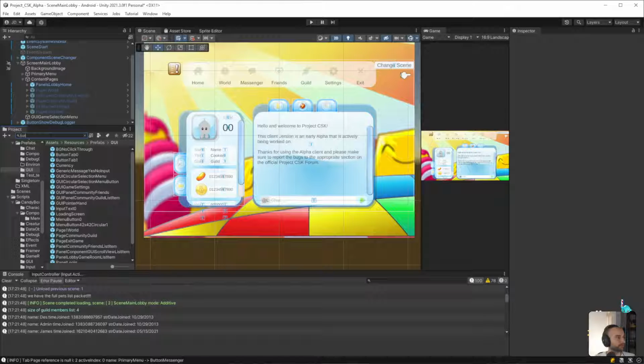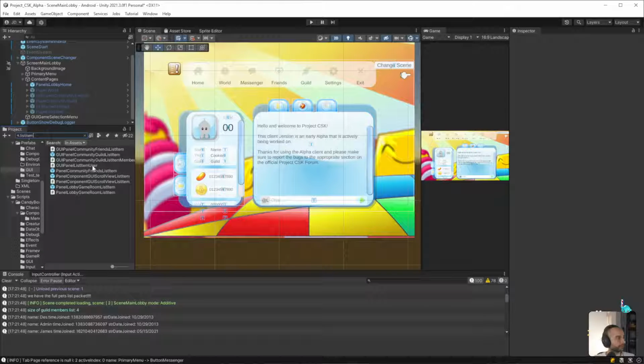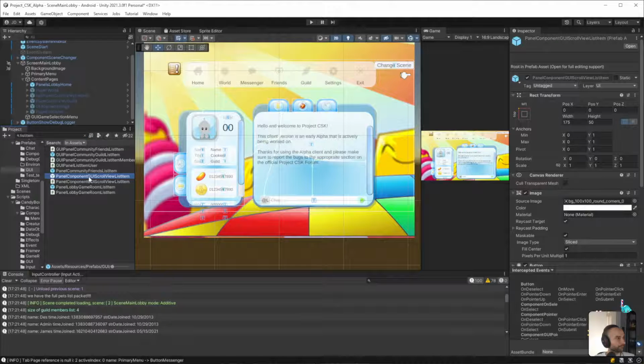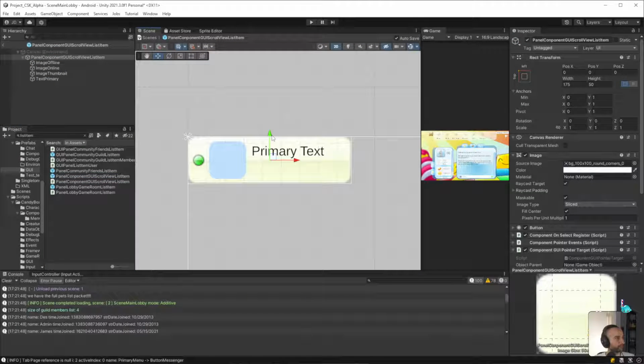Something list item. The generic one. I seem to have two of these. Oh no, that's the guild one. I think this is the one that I want to duplicate from.